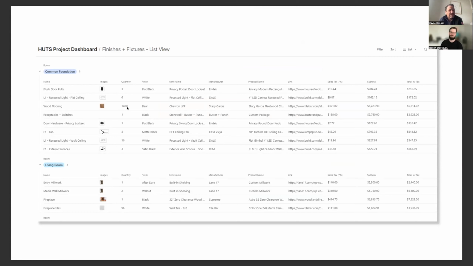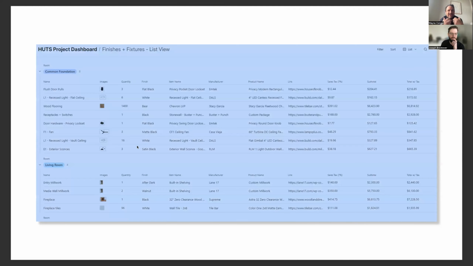Oftentimes that's the domain of the contractor. We take on the procurement because we're quite streamlined in how this works. Sometimes it's the domain of a client to get all those things to site to a T. Anyone I've talked to who's gone through that process says they will never, ever do that again. So we're getting to that visualization where we can agree, yeah, here's all the things. We're getting that pricing where we can say this makes sense within the financial context of the project, but then really getting to that next piece of how do we streamline the ordering, procurement, and delivery of things to site